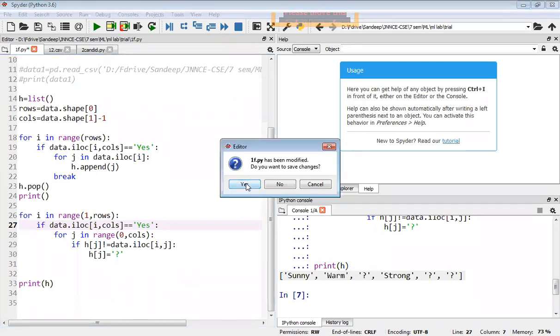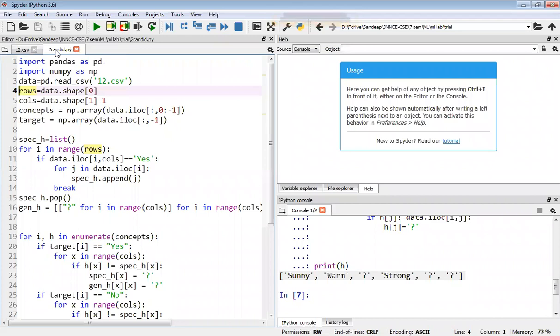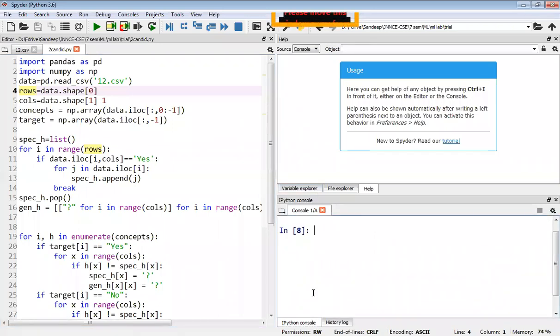We shall go to the next program, that is the candidate elimination algorithm. I have already typed the program. See, this is your second lab program. Candidate elimination algorithm is the second lab program. In the Find-S algorithm, we only consider positive examples and it gives us only a specific hypothesis. The most specific hypothesis is the output of the Find-S algorithm.